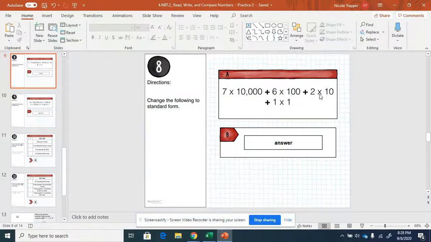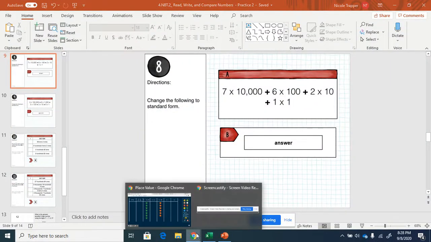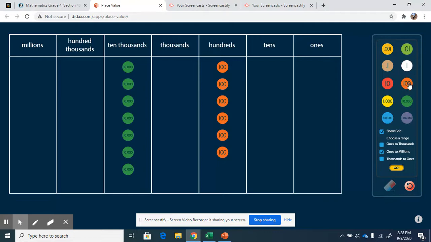Next, there are 2 tens and 1 1. So I'm going to put the last ones in my place value chart. 2 tens in the tens place. 1, 2, and 2, or 1 1 in the ones place. Next, I'm going to figure out how many I have in each. So I have 7 10,000s. I have 0 thousands. I have 6 hundreds, 2 tens, and 1 1 for a total of